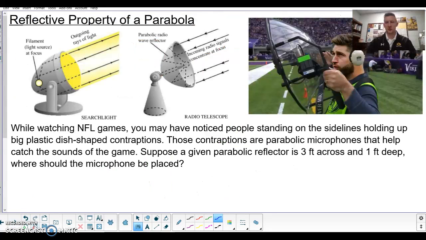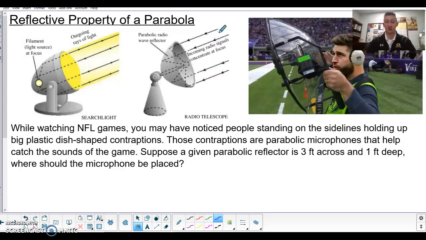All right, Precalc, we're going to do one more video here on parabolas, looking at this reflective property of a parabola problem that's at the end. One of the neat things about parabolas is that if you bounce something into them, all points on the parabola or in a parabolic reflector are going to all reflect to one particular point, and that would be the